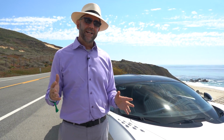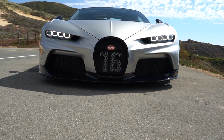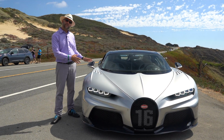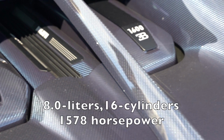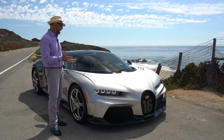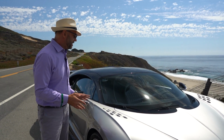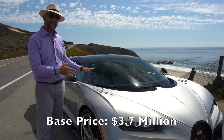Here we are, the final production run for the Bugatti Chiron. This car has been produced since 2018. 2023 is the last year for this vehicle. And I think everyone knows this is a fairly unique vehicle in the history of the automobile. 16 cylinders, 8 liters, almost 1,600 horsepower, and top speed on this particular one is about 261 miles an hour. 261 miles an hour. This one's base price is $3.7 million, but the way it's been spec'd, it's closer to